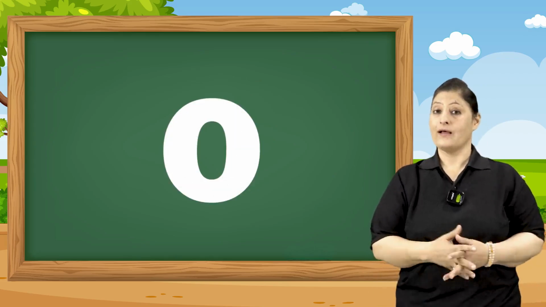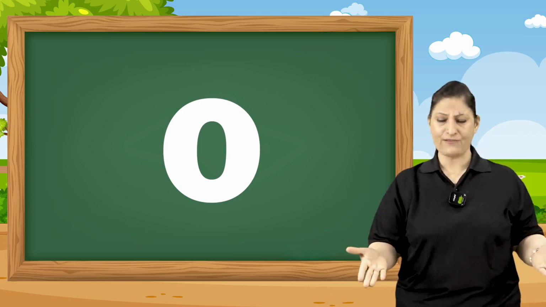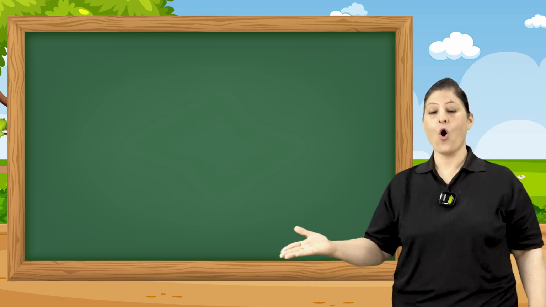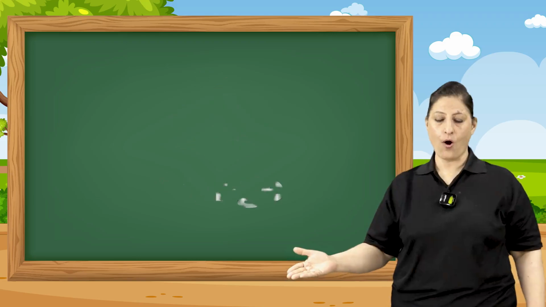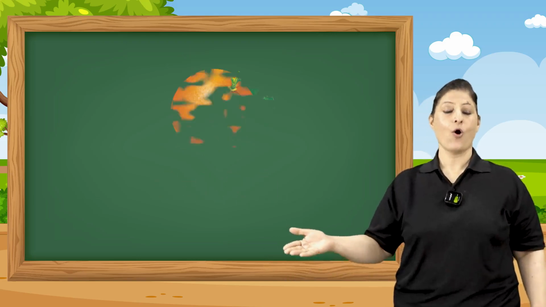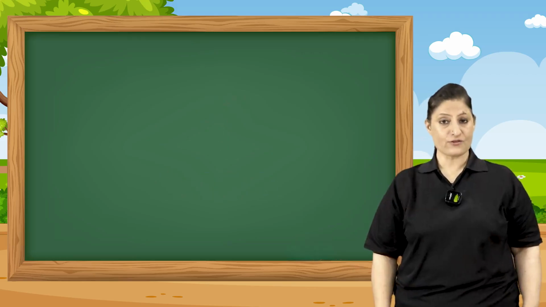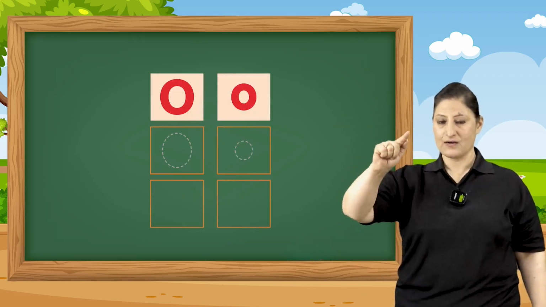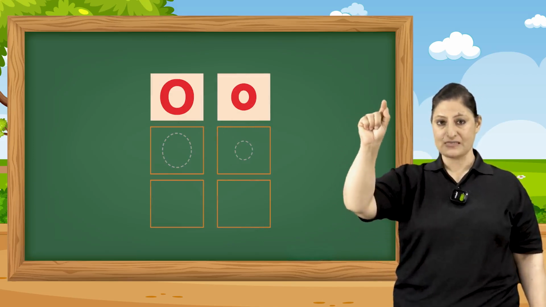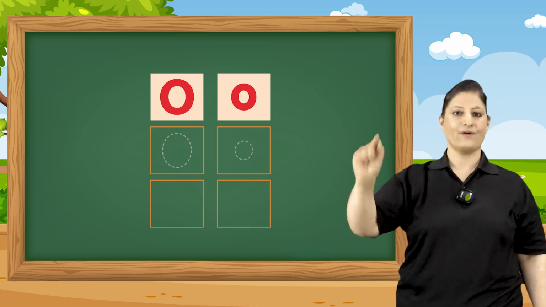Children, now letter O is very simple. You all know the sound of letter O. O says O as in olive, or orange, or ostrich. Remember these new words? Orange, olive and ostrich. For making letter O, just make a round circle or a C. Make a C and then close it by bringing it up.